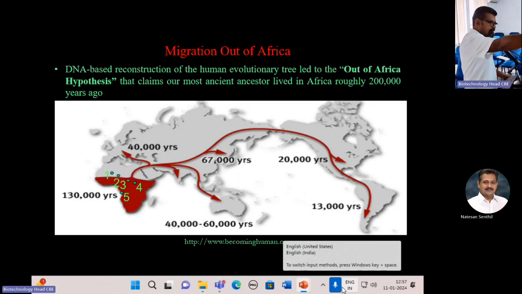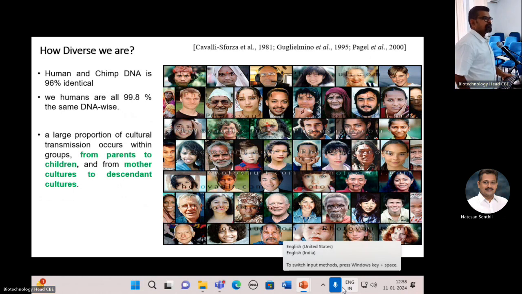At the other end, the human genome is old. It is considered that humans evolved from Africa and migrated to different parts of the world. That is called the Old World, and this part of the world is called the New World, North America and South America. The age of the human DNA here, basically, this phylogenetic tree was constructed based on the mitochondrial genome. So when we talk about the diversity of humans, typically,